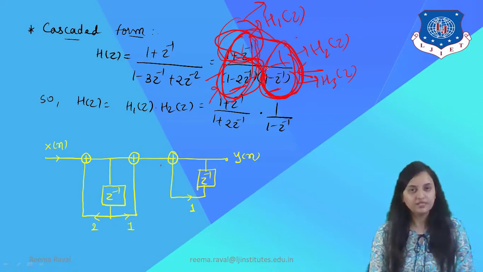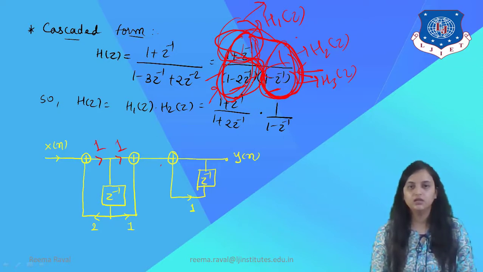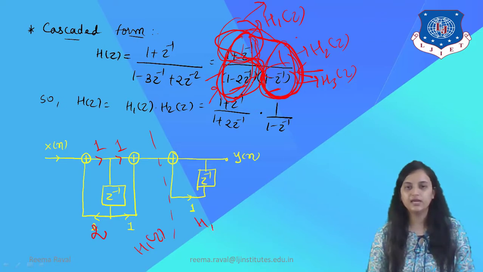Here it is not specified to describe all the possible combination structures for this. So we are taking h1 of z as this and h2 of z as the other factor. As this is the denominator and numerator part combined, we will use it to indicate direct form 2 structure. So this will look like this. This will give 1 plus z inverse divided by 1 plus 2z inverse. Same way, as this indicates h1 of z, this indicates h2 of z.